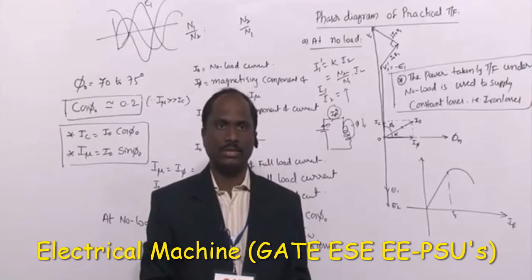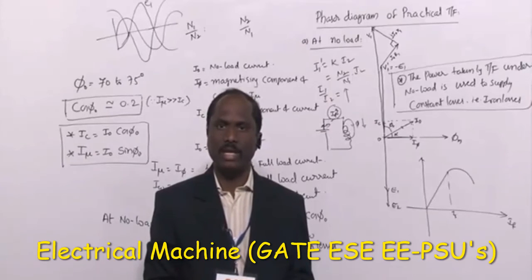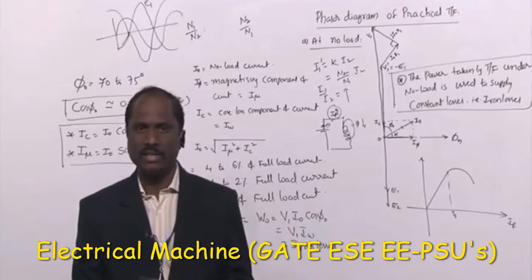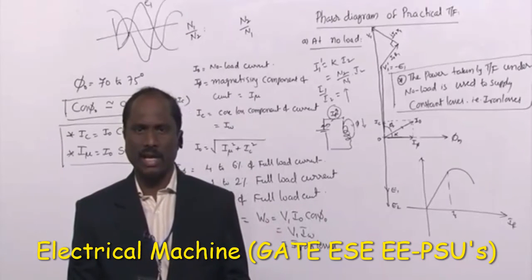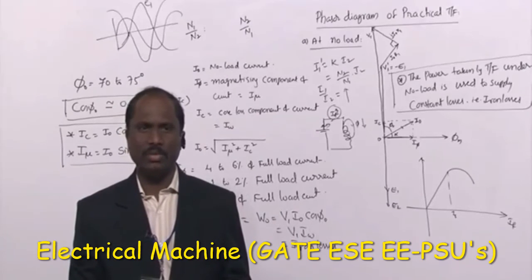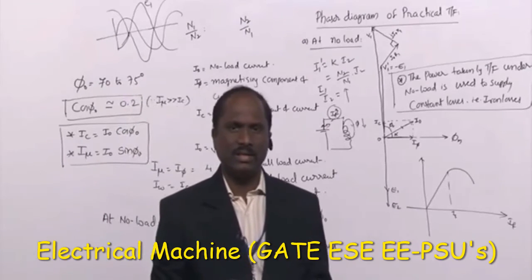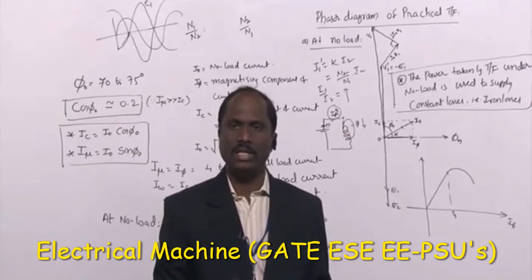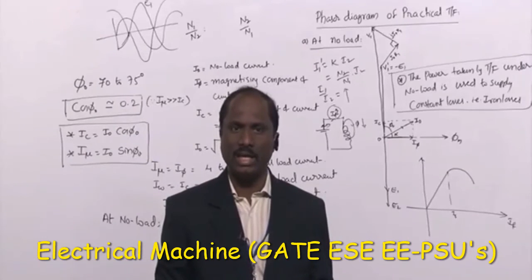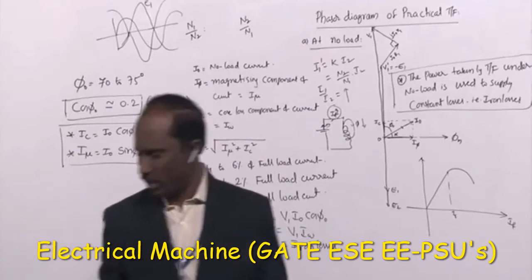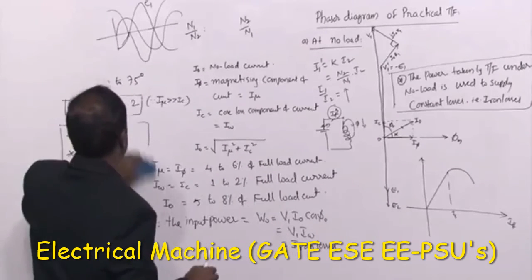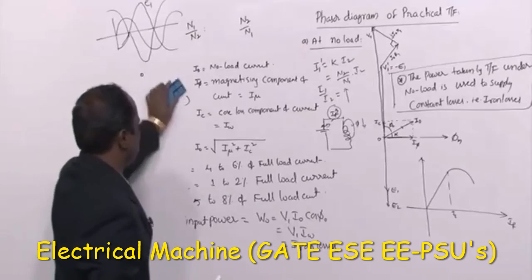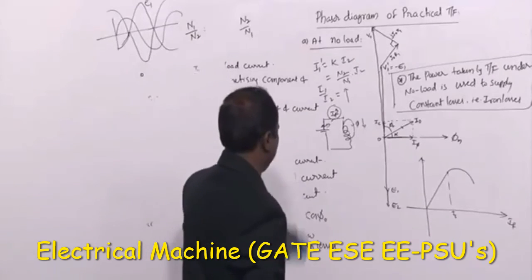Next, Saroj from Navapara. While doing the phasor diagram of the ideal transformer, you had taken E1 in phase with the current wave, but it should be opposite in phase. What is your question? While drawing the diagram of the ideal transformer, you have taken E1 in phase with the flux phi, in phase with current. Your question is not clear, although I can understand that you have not followed that waveform.